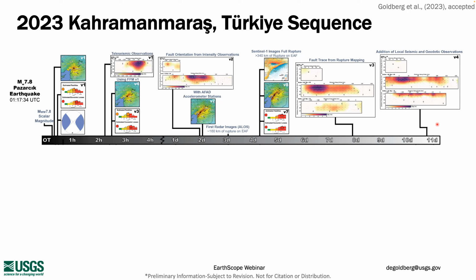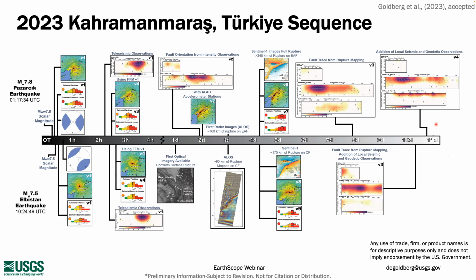So now, in the interest of time, I'm not going to go through the second event as slowly. You'll see on the bottom half of the screen, we're using the same timeline, but now related to the origin time of the magnitude 7.5 earthquake to the north. A couple of interesting things to point out is the slight delay that we had in these first products coming out for this aftershock relative to how quickly they came out for the main shock.